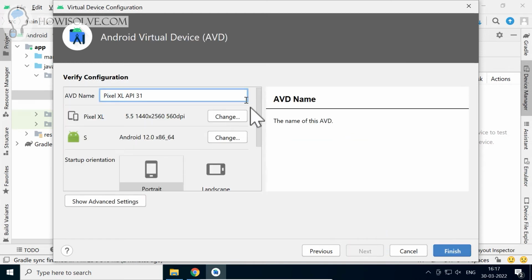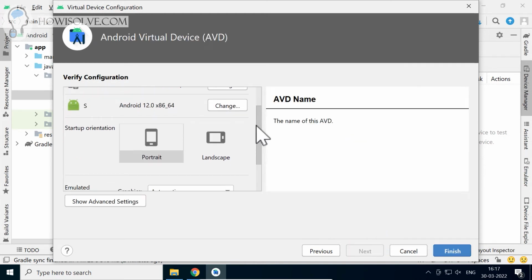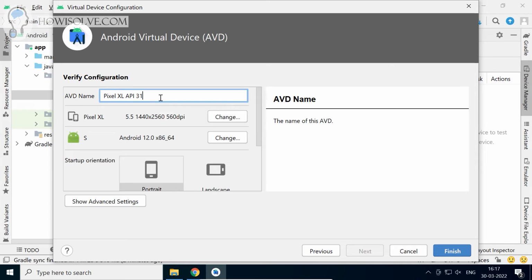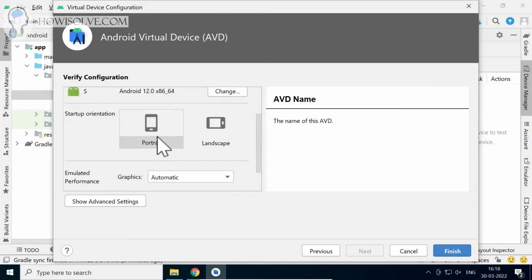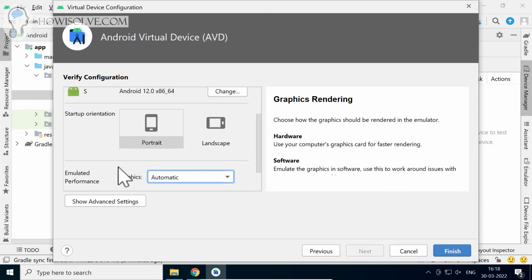Then it will ask you to configure the settings, like which you can name this particular device. You can say virtual Android 12. Then you can change the orientation. I'll keep it in portrait mode, and the other settings you can keep at default